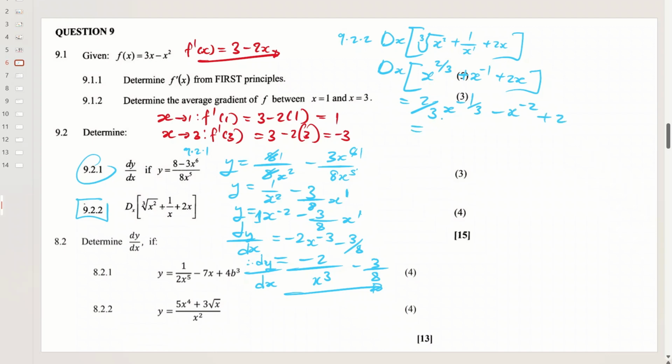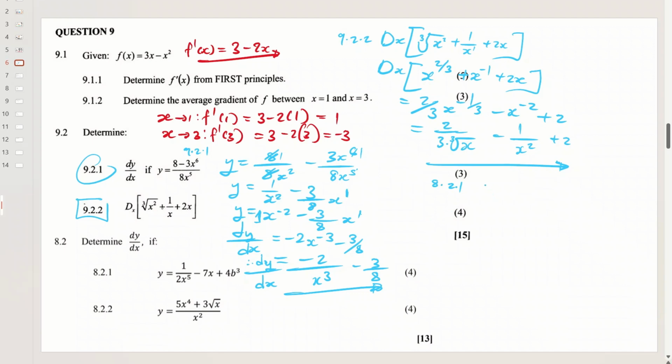Are you done? Nope. So this is 2 all over 3 times x to the 3. You have the invisible 3 there. And then minus 1 all over x squared, then plus 2. That becomes your derivative. So now, guys,